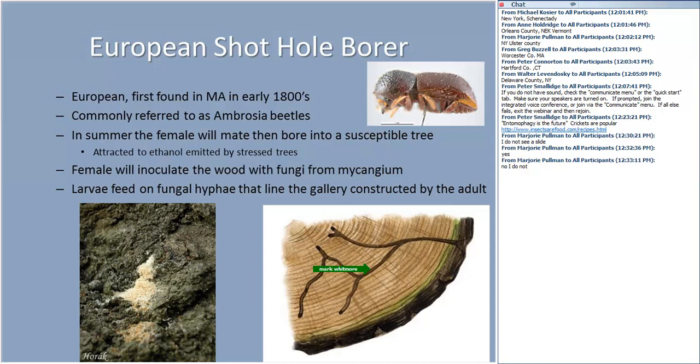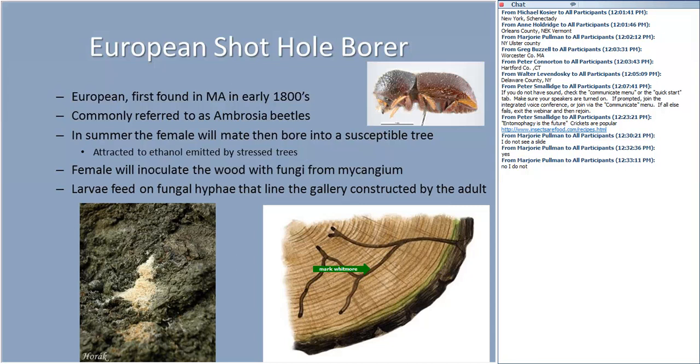And so I was scratching my head, and of course that makes sense, because the lower part of the tree that had the top lopped off of it still maintains a good amount of moisture in it that is important for the growth of the fungi in the tunnel, whereas the upper part that had the leaves on it dries out a lot more rapidly, and so that was not acceptable to the beetles, and so they didn't get into the top part of it.